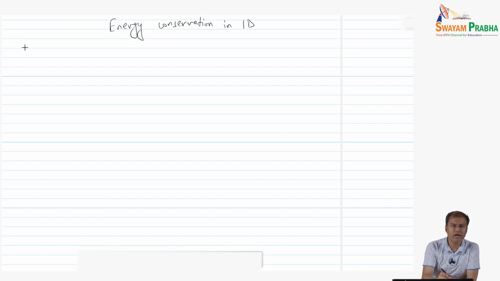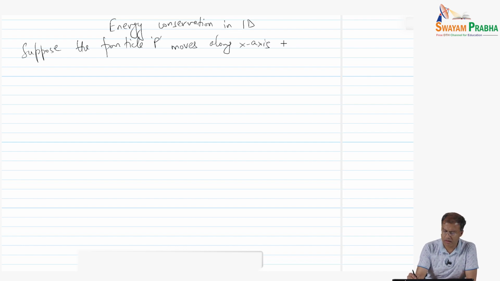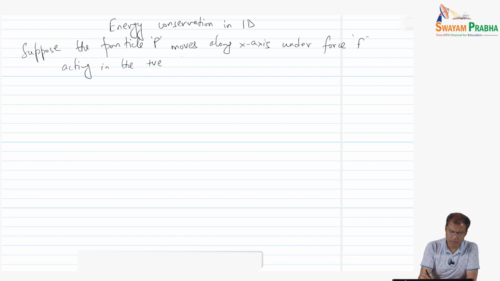So the setup is that we have a particle. Suppose the particle P moves along the x-axis. The particle P moves along the x-axis under the force F acting in the positive direction. Right? So we have, again, the particle is experiencing a 1D motion, and for this sort of motion we have